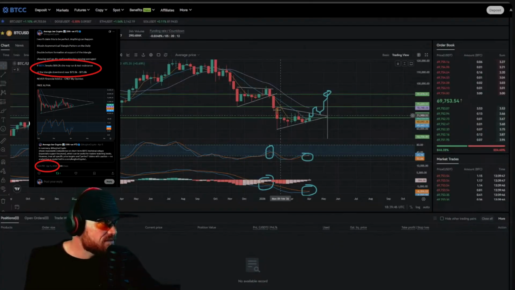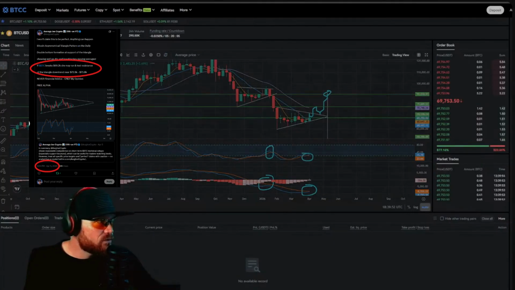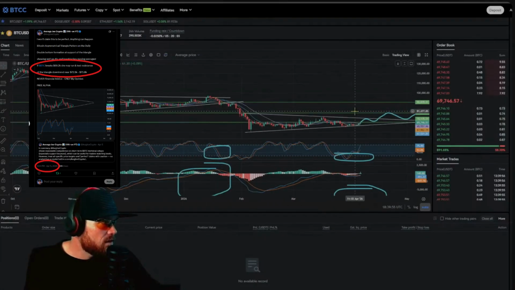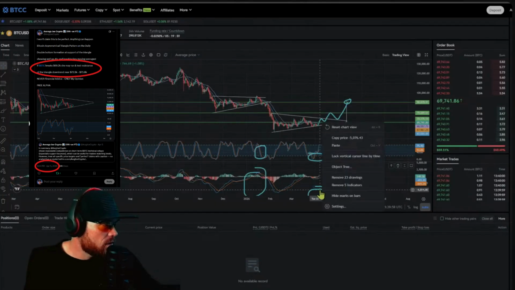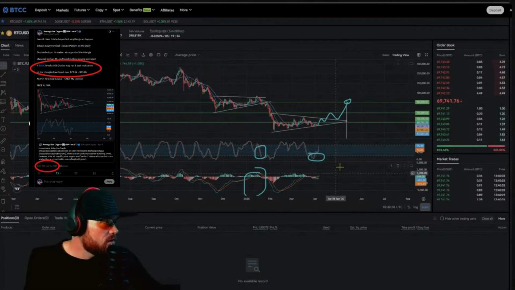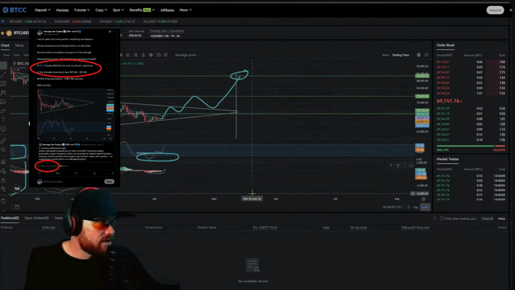Look at the difference. So we are in an asymmetrical triangle pattern here. And if we put it down on the daily, this really, really stands out. And if we compare where we're at here, let me get rid of that. If we compare on the daily especially,